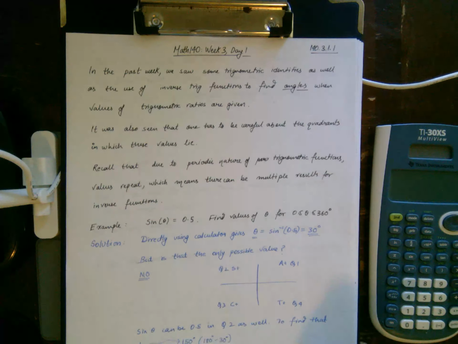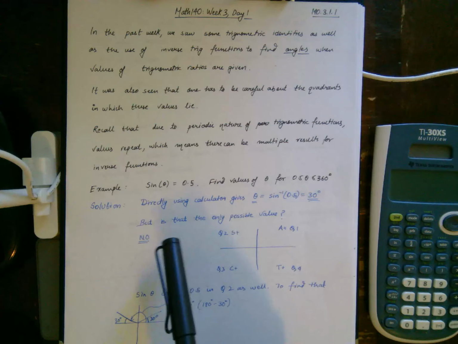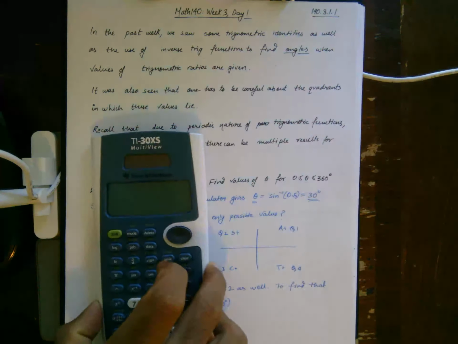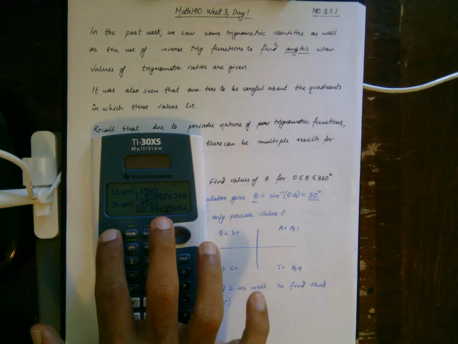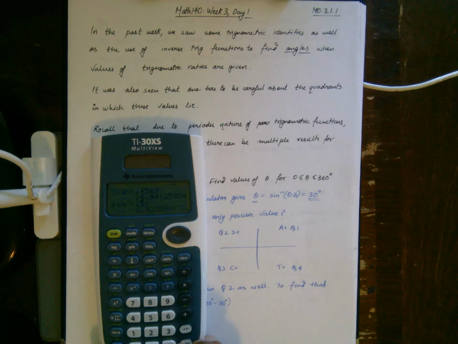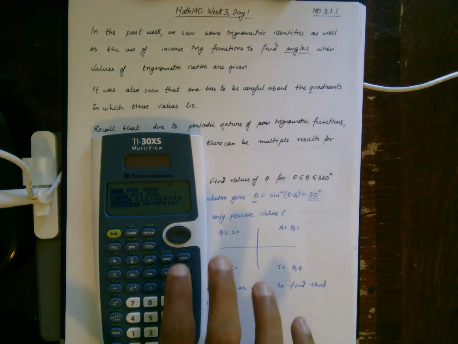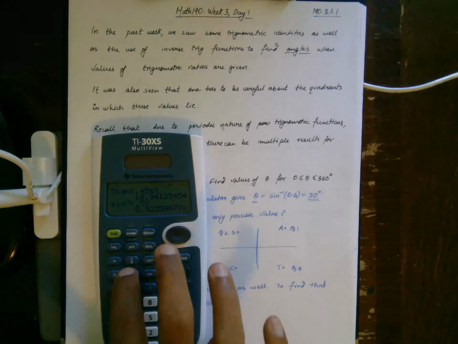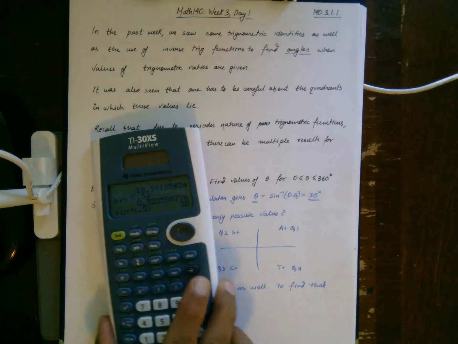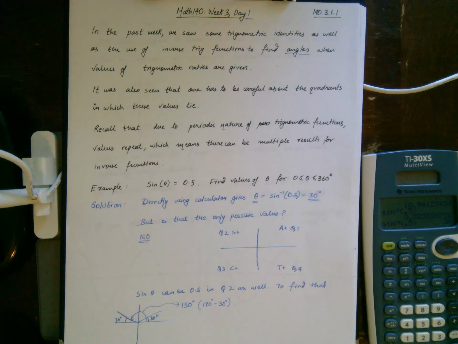So here's an example which hopefully you looked over in the notes. Directly using the calculator for sine inverse of 0.5, oh sorry, that's in radian. Let's go back to degrees and repeat. Sine inverse of 0.5 gives me 30 degrees, but that is not the only possible value, because I know that